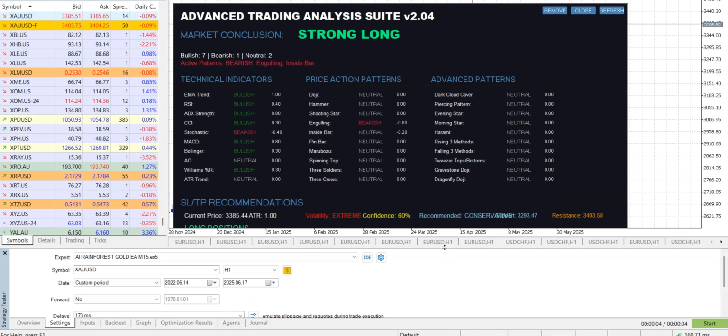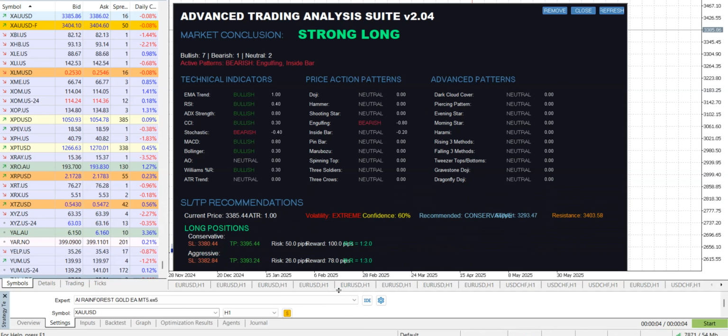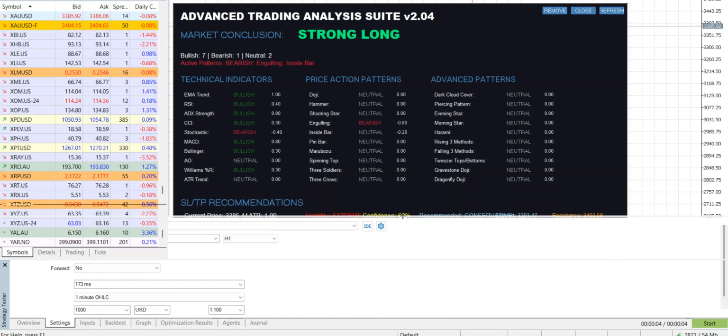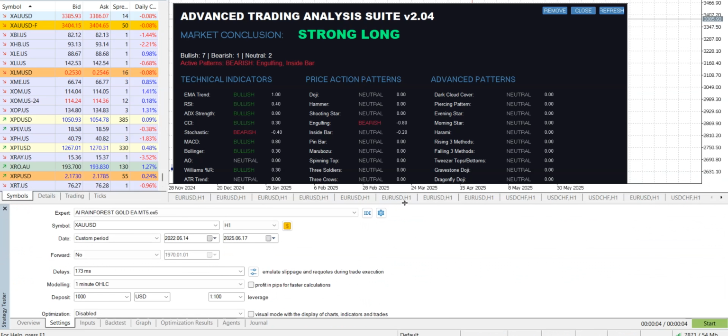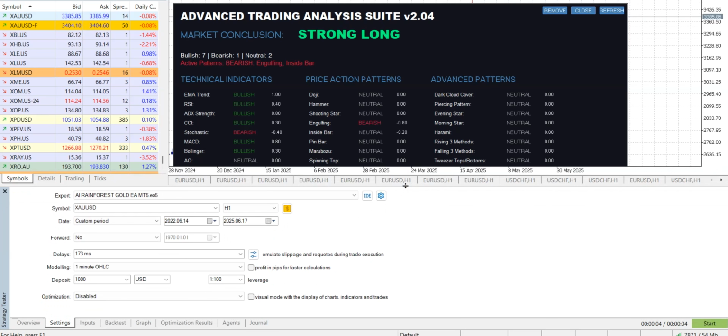This part is not done yet, but we are going to have certain TP and stop loss recommendations, volatility, the nearest resistance, support, these kind of things. This is going to be a very complex indicator, but what I like is that it is still simple to use. You take a look at it. I think it is minimalistic.